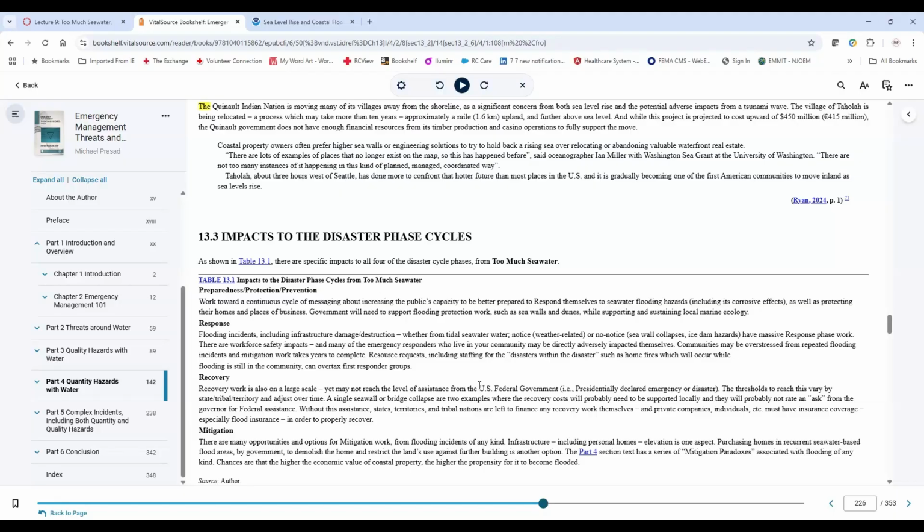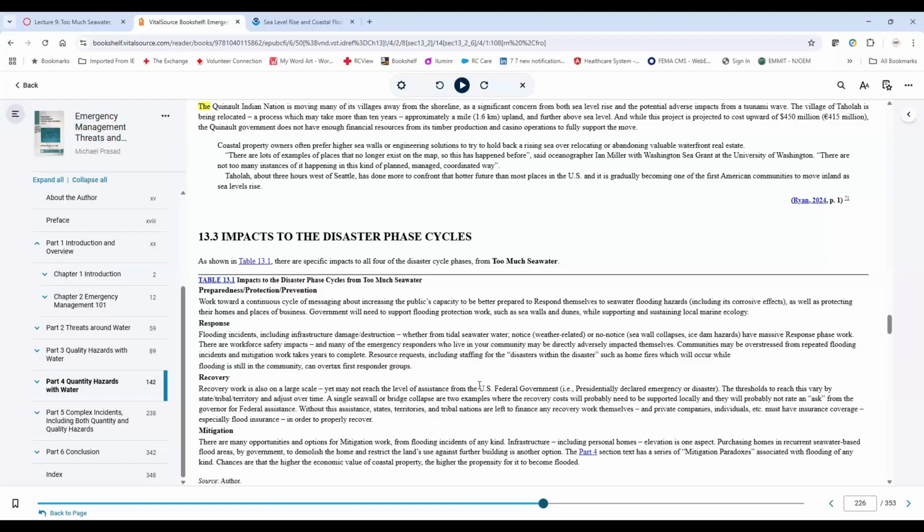So it's not just flooding protection work, seawalls, dunes, barriers, and things like that, but it's also dealing with potentially underwater electrical things and things where bridges, abutments, and stuff can be corroded by the salt water. And then, of course, local marine ecology can be very different in saltwater situations than it is in freshwater as well.